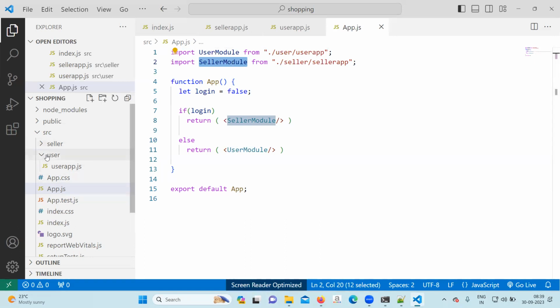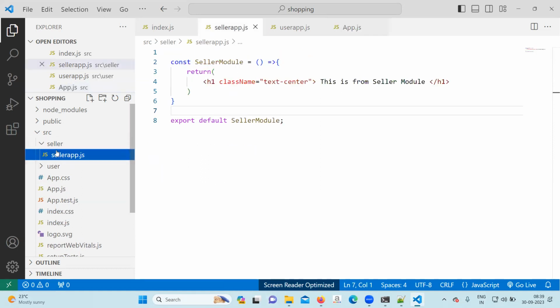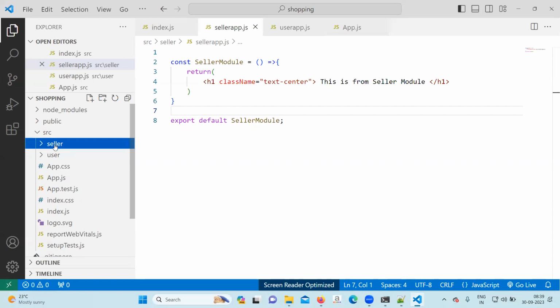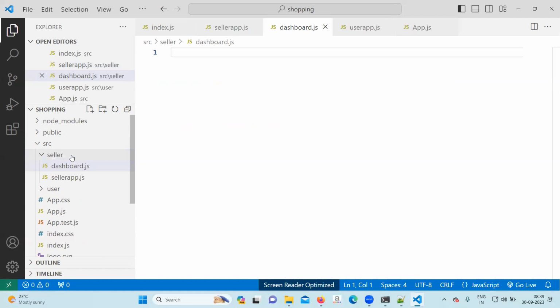Go to the user folder. Okay, go to the seller folder. In the seller folder, create a file called dashboard.js.